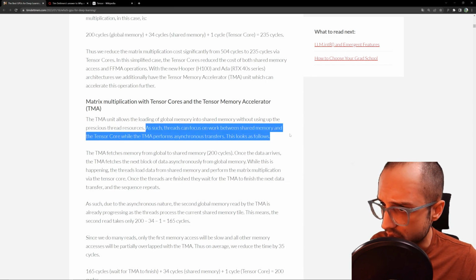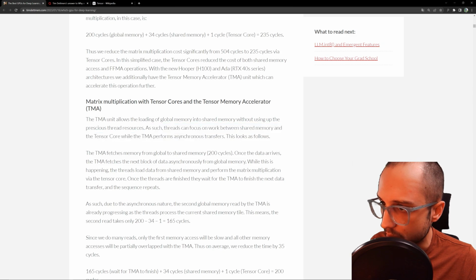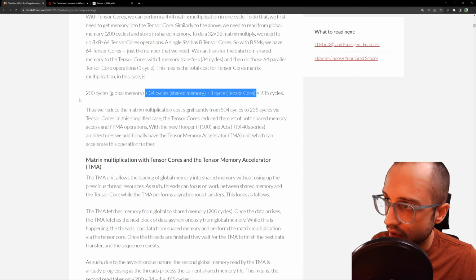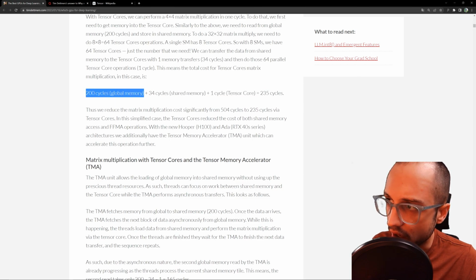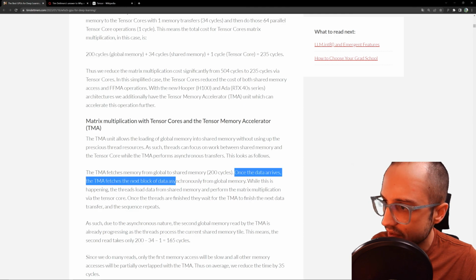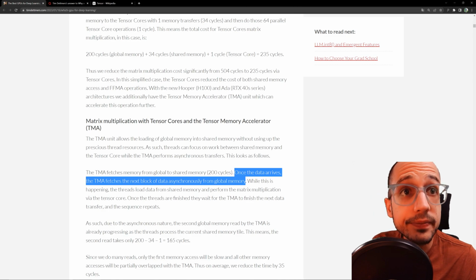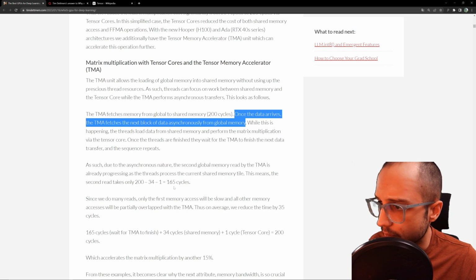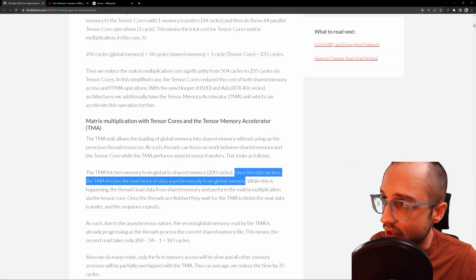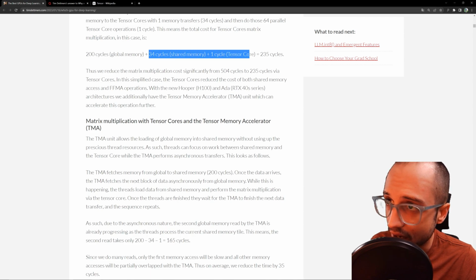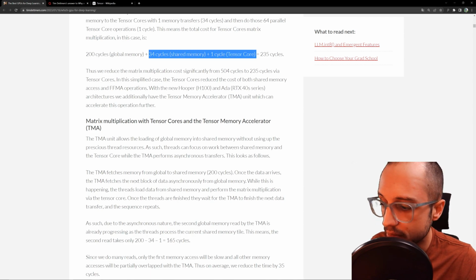Okay, so threads can focus on work between shared memory while the TMA performs asynchronous loads. Basically, while this is going on here, the TMA will start working on this. Once the data arrives, the TMA fetches the next block of data asynchronously from global memory. Okay, so because the TMA allows you to do this global memory step at the same time as this actual multiply and